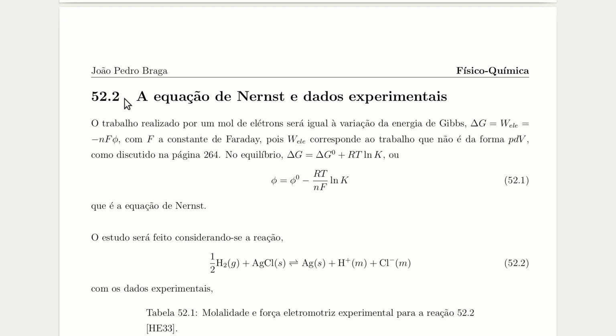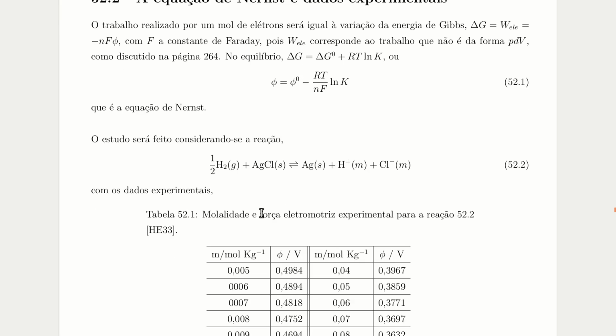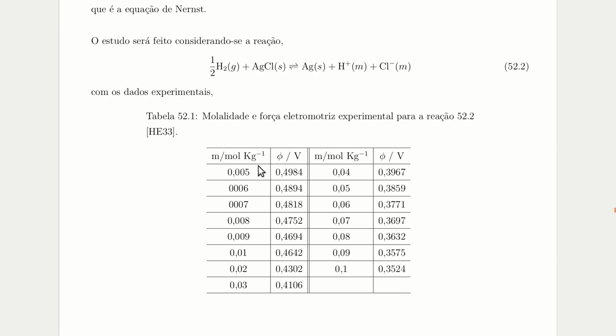If you use this fact, this relation, you get this equation, which is Nernst's equation. The reaction to be studied will be this one, and the data are molality and cell